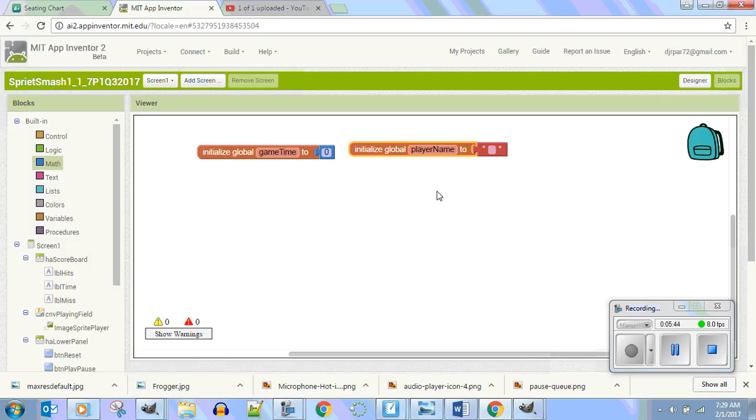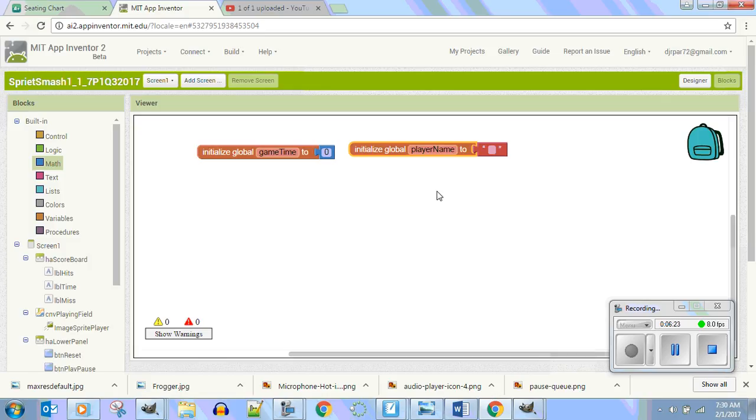No. It initializes it to blank, quote, blank, nothing. You don't know the person's name yet, do we? You know the person who downloaded your app over in China and made you millions of dollars because your app's being downloaded all over the world? Someone over in Australia and China is playing your app right now. Do you know their name? No, so we're going to ask them for their name. Hey, what's your name? You're going to say